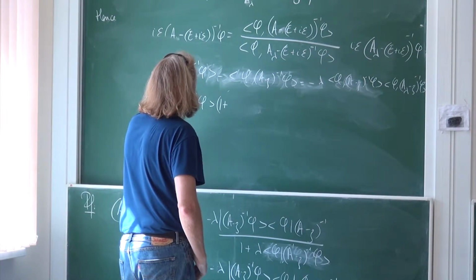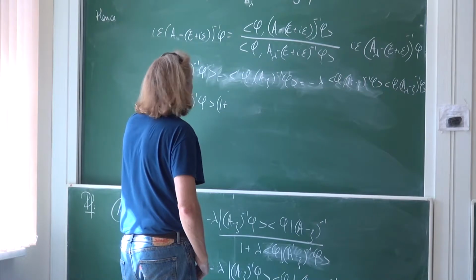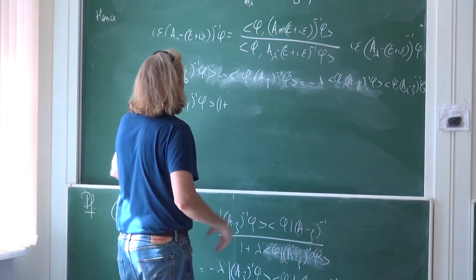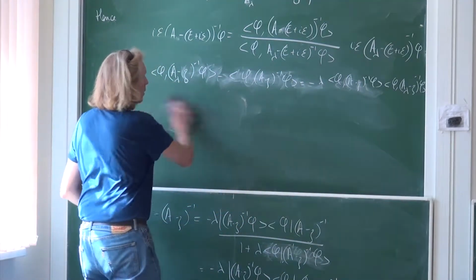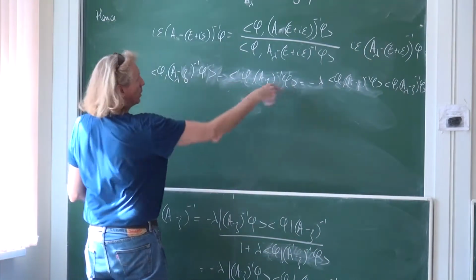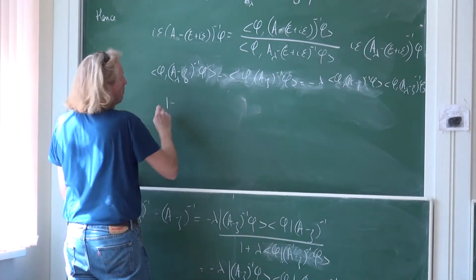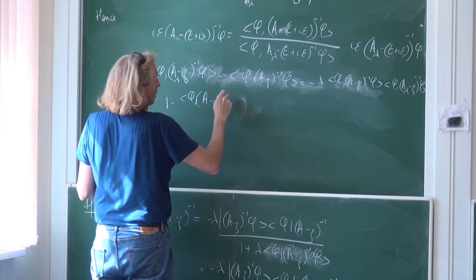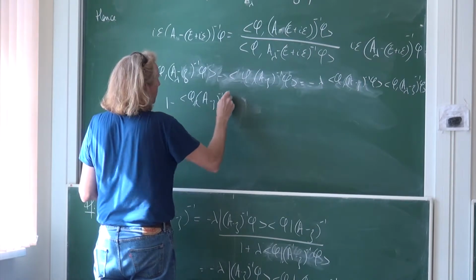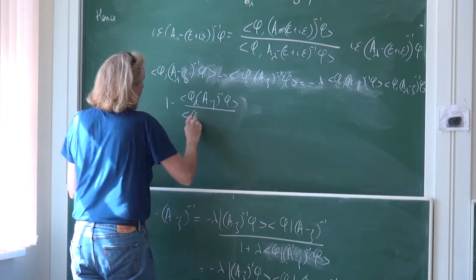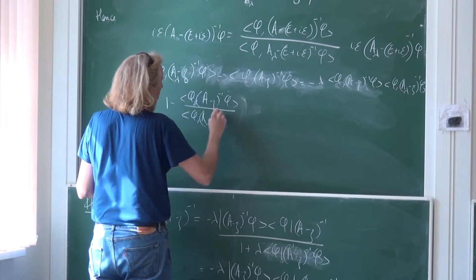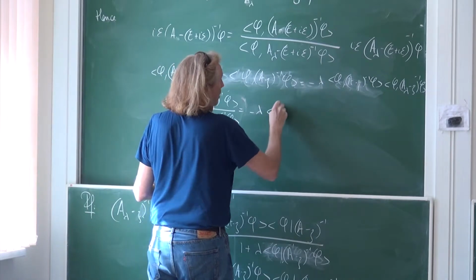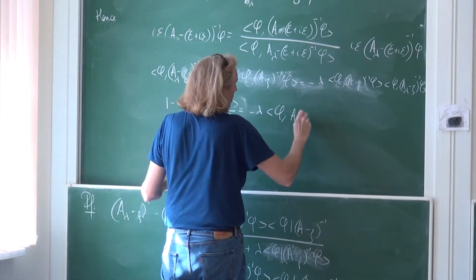So what I want to do is I want the quotient of this. If I just do the quotient, what do I get? I divide the whole equality by this, right? So I get that 1 minus phi (a minus z) minus 1 phi divided by phi a lambda minus z inverse phi is equal to minus lambda phi (a minus z)